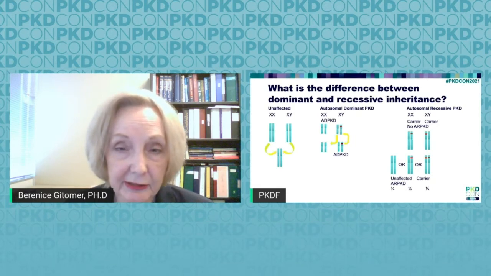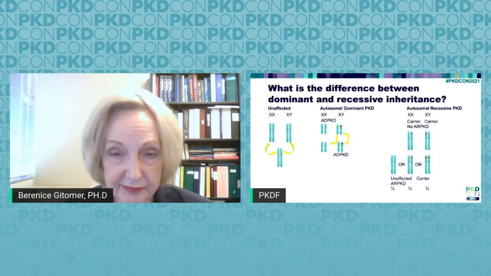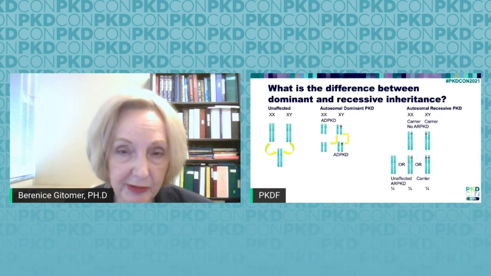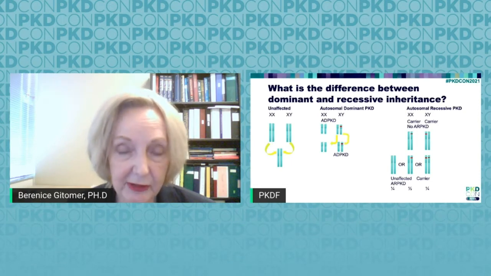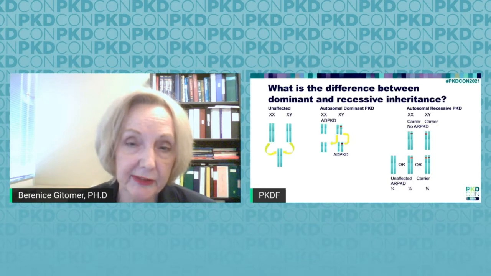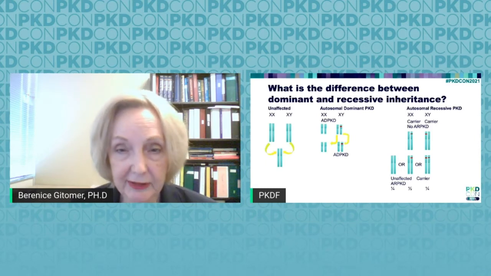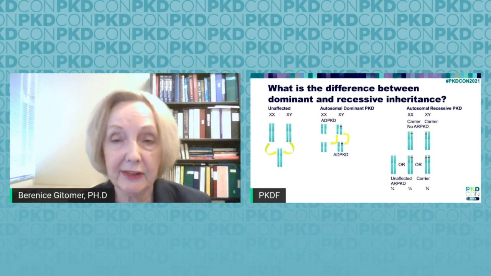So shown in this diagram in the middle panel, here we show the red bar in the father. So the father can either pass that copy of the chromosome with the mutated gene to one of his children, in which case they will be affected by disease, or he can pass the other chromosome without the mutation, in which case the child resulting from this will not be affected. So one copy of the mutated gene is necessary in ADPKD.